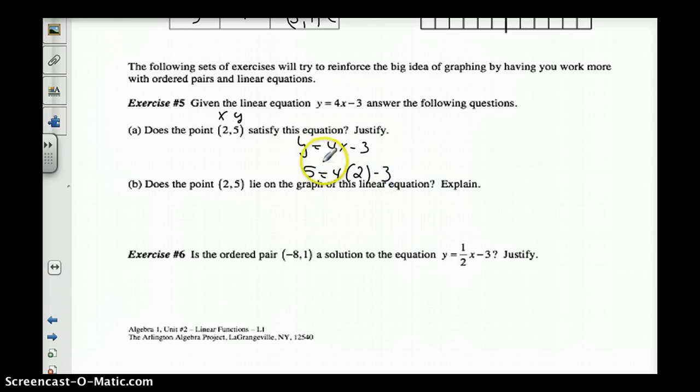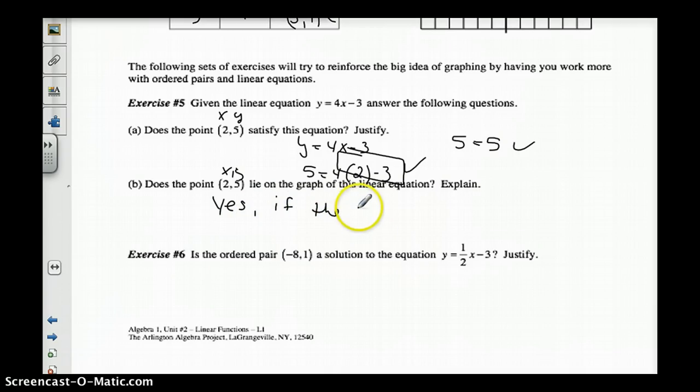It's substitution. And they really want to know if it checks. So 4 times 2 is 8, minus 3 is 5. So 5 does equal 5. And therefore it checks. Does the point 2, 5 lie on the graph of the linear equation? Explain. Well, it does, yes, because